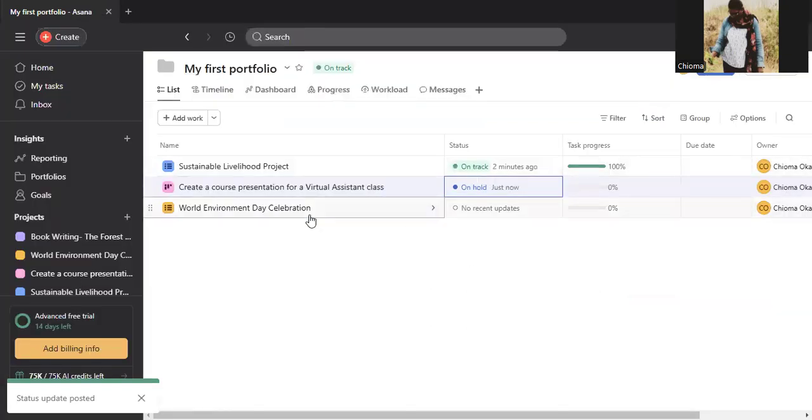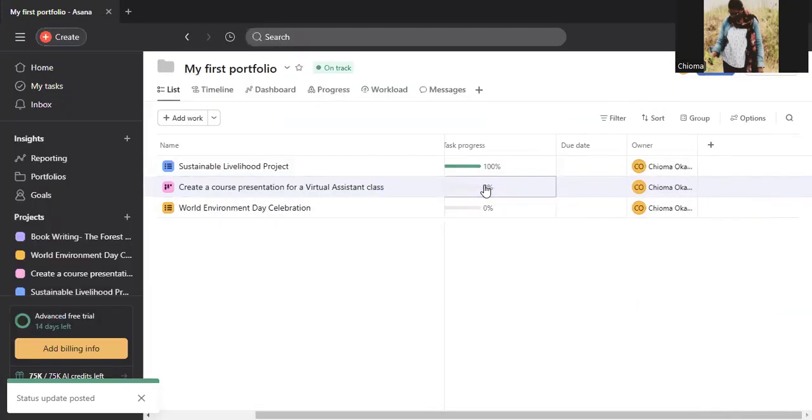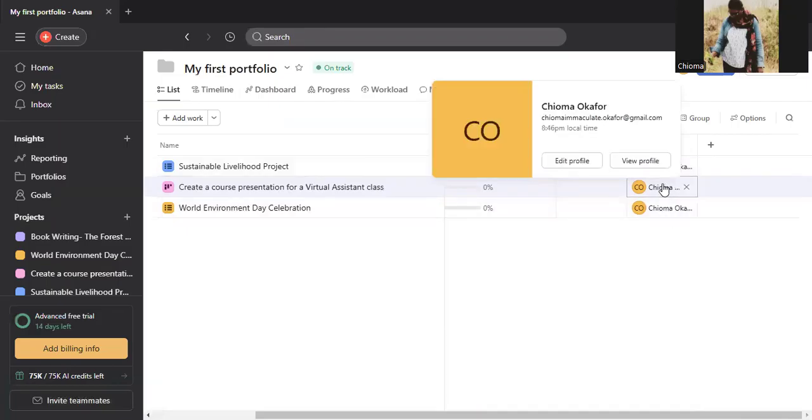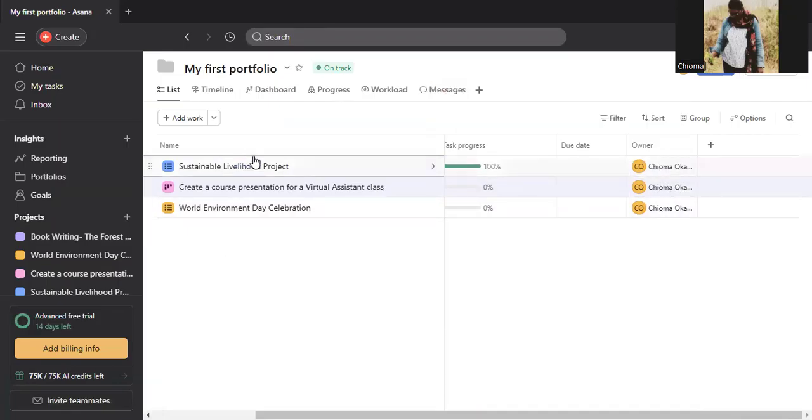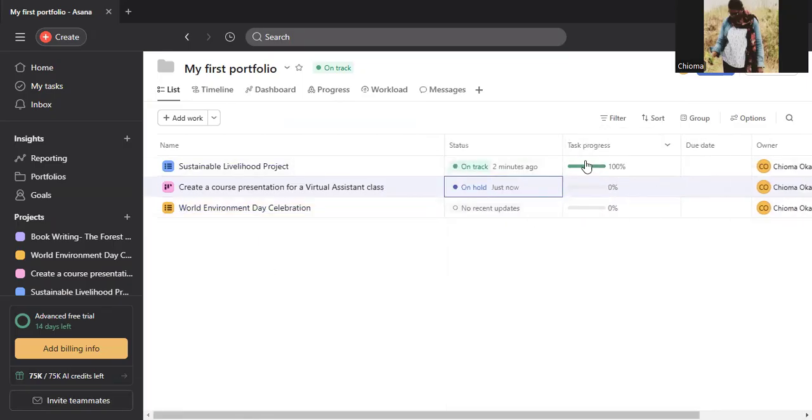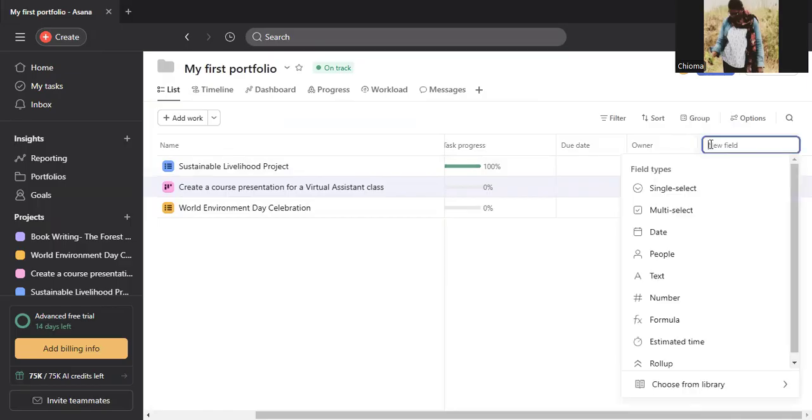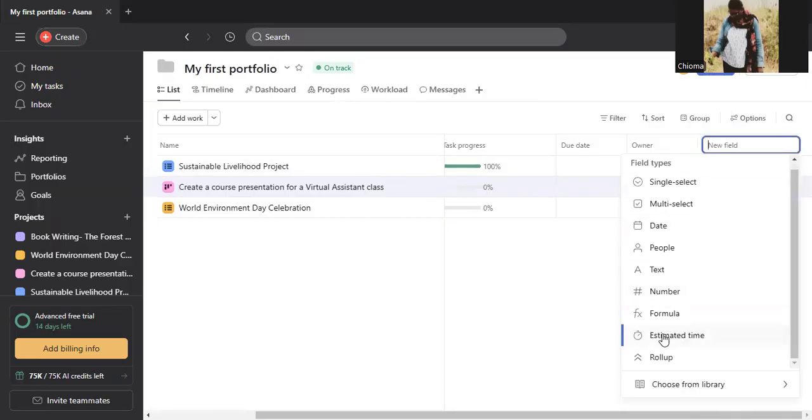So here the portfolio basically shows the project. As a project manager, you are the owner of that project. It shows all the projects you have done, and it shows you the task progress, the due date, and the owner. You can also add other fields, right? Estimated time, if you want